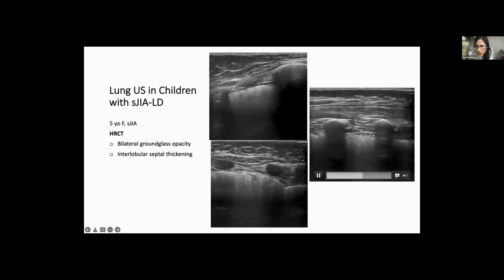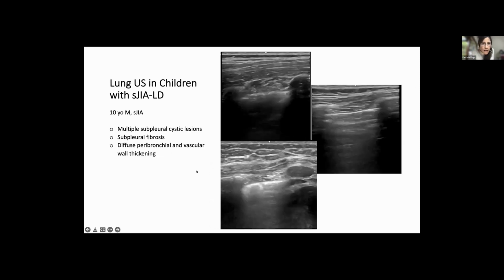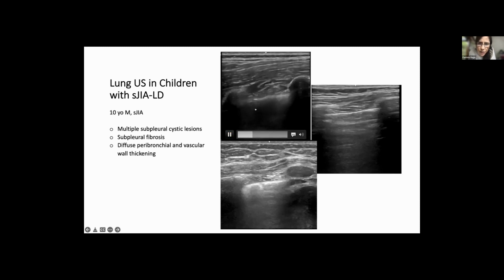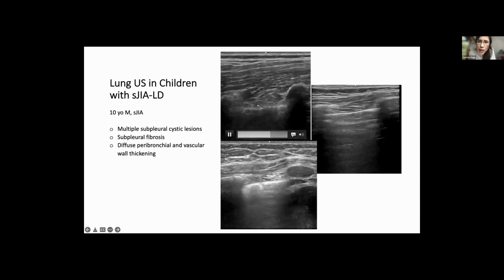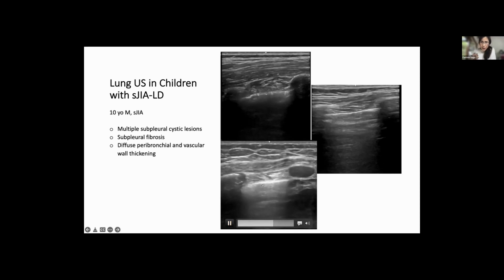Over here, we can observe again how the granular interrupted pleural line looks. One other example for us is this patient. He's 10 years old, has systemic JIA with different abnormalities on the chest CT as outlined here. And our lung ultrasound findings, so now these are more of those cavitary lesions that I was describing earlier in the pleural line. And then in another area of the chest, we were seeing these